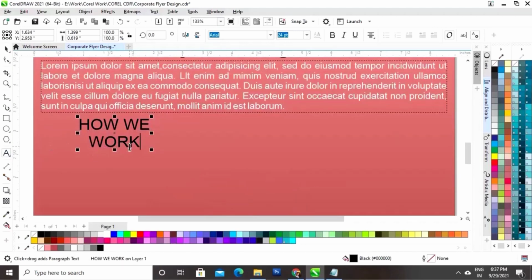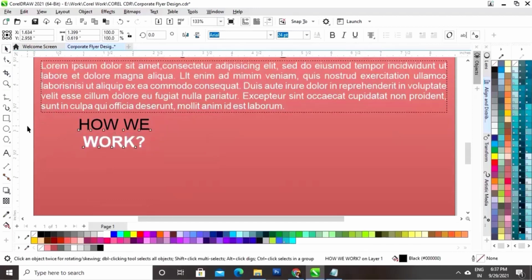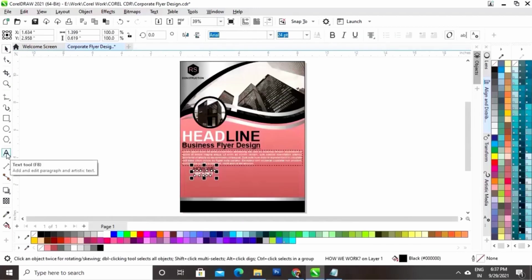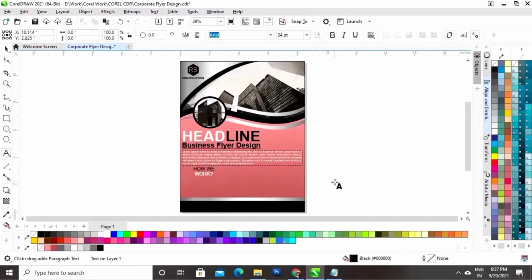Now we will edit the text. I will select this text and we will give a white color and we will give a bold look to this text. Now again we will select the text tool and we will write more text.